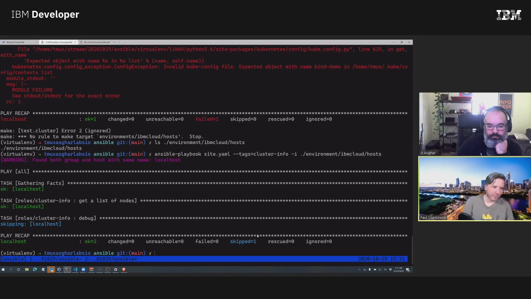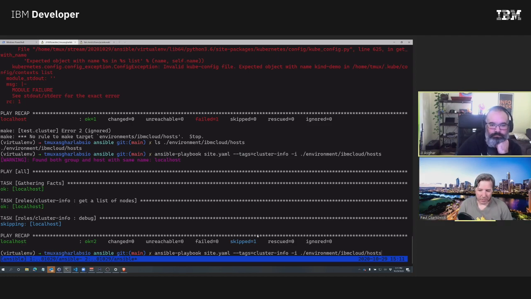All right, so that's better because I was trying to use make, and of course make isn't passing those extra command line arguments through. So that's deployed. That's tested. We can now go ahead and actually just run the regular site.yaml.